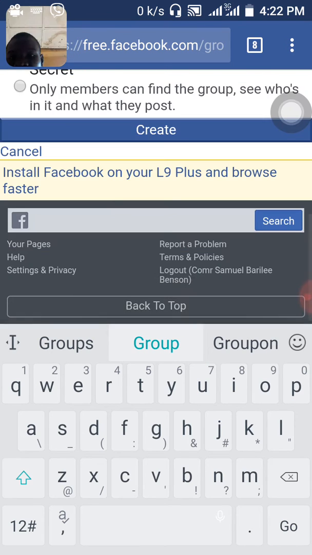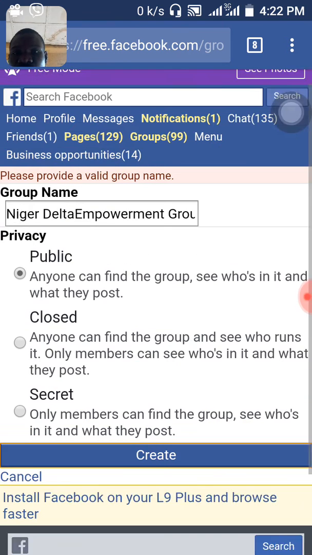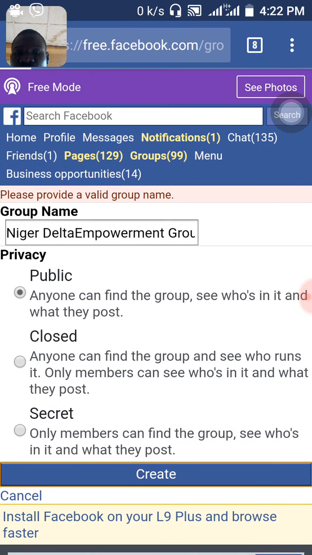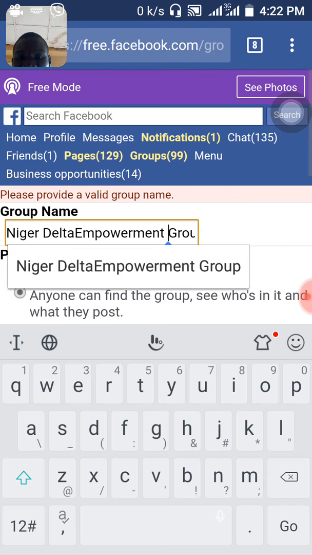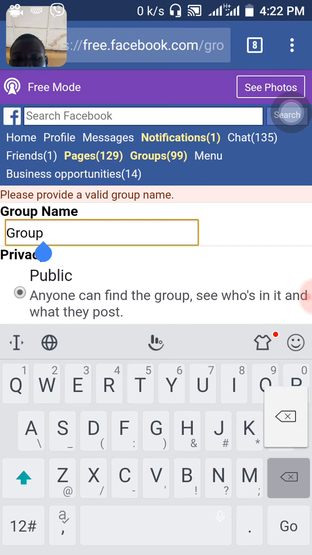Then you click create. Having a challenge. You see create. Let's see what will happen. Wow, it's a challenge. So let's use the popular business that is giving people money already.